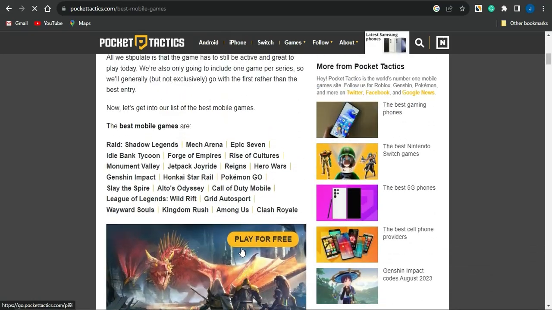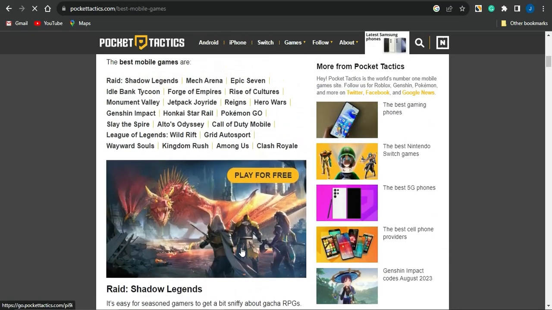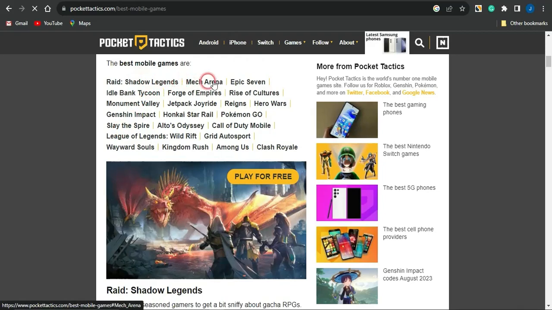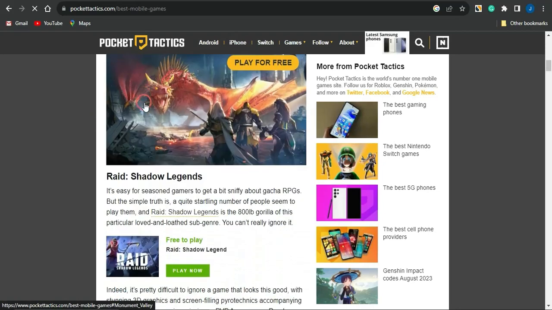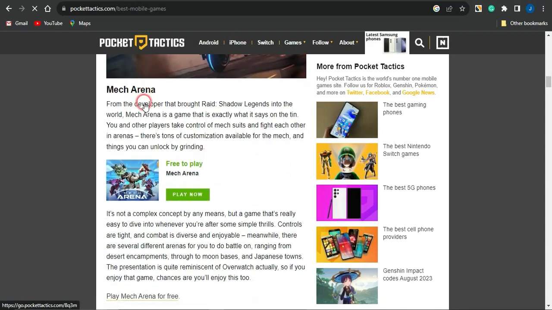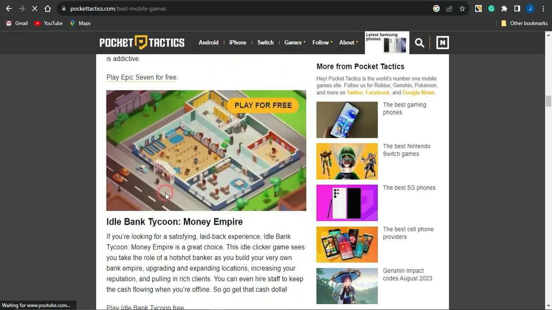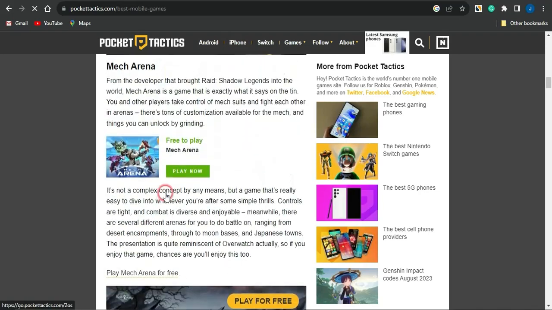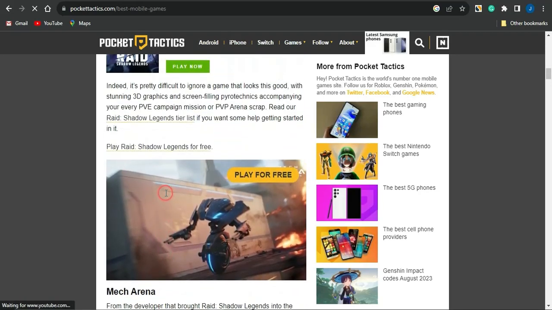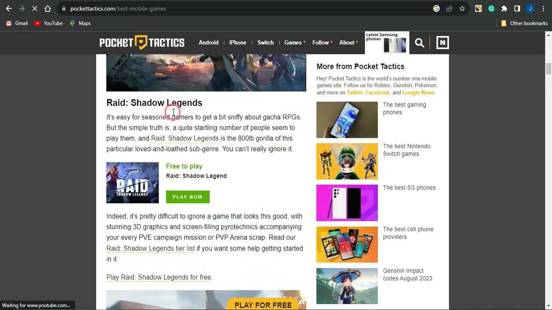You can see right here, it does have some cool mobile games ranging from Raid: Shadow Legends, the Mark Arena, Epic Seven, and a lot of other games right here. As you can see, this is actually the Mark Arena, this is the Epic 7. You can actually see some cool mobile games right here. So guys, if I do want to take advantage of this first mobile game right now, which is actually Shadow Legends,